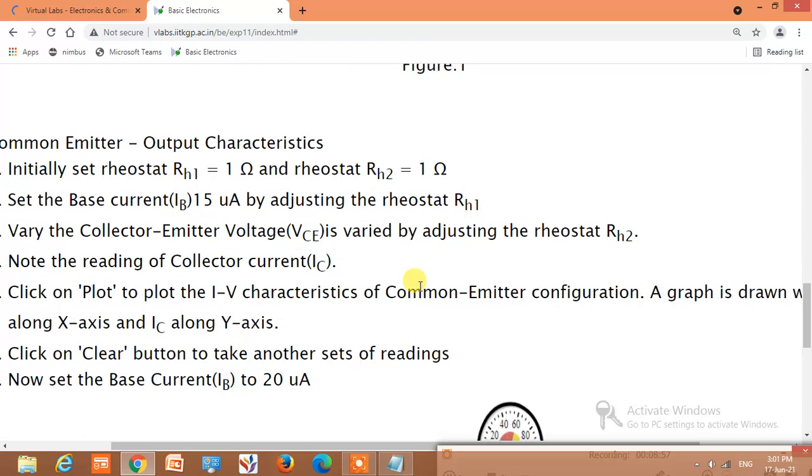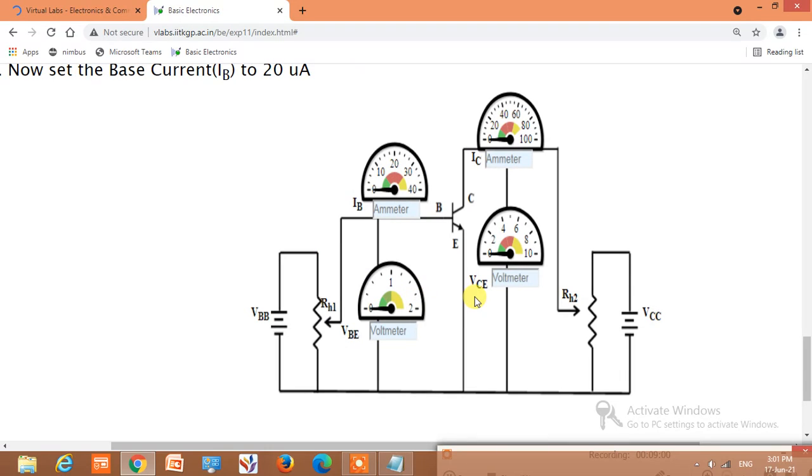For output characteristics, it is a plot of output current, collector current, versus collector to emitter voltage at constant input current. So let us keep the input current constant, we will start with 10 microamperes.